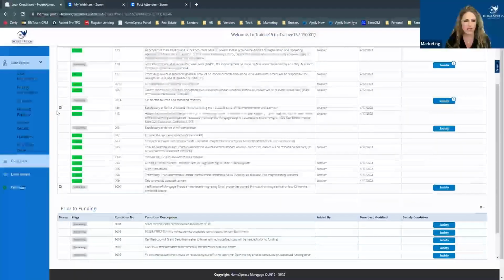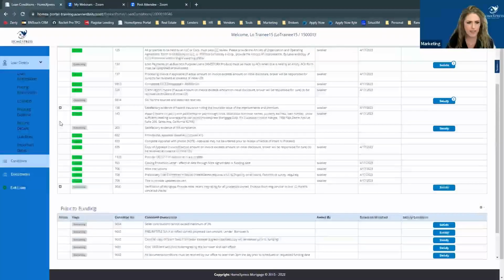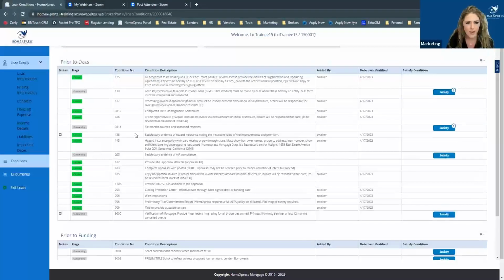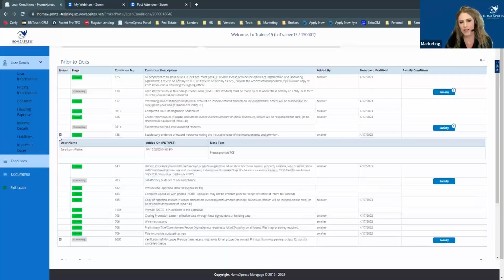Okay. Oh, what's this? What is this little plus sign here? I notice there's some plus signs over in this corner. What condition is this? Satisfactory evidence of hazard insurance noting insurable value. Okay, let's see what this says. So if you expand this section, this is actually a note from your underwriter. If your underwriter is not able to clear a condition, maybe the document that was provided doesn't satisfy the condition in total, the underwriter will leave that condition open for you to satisfy it again, and then they'll give you